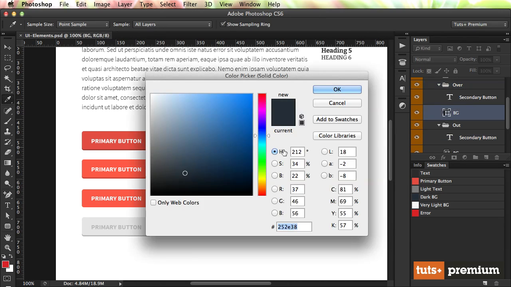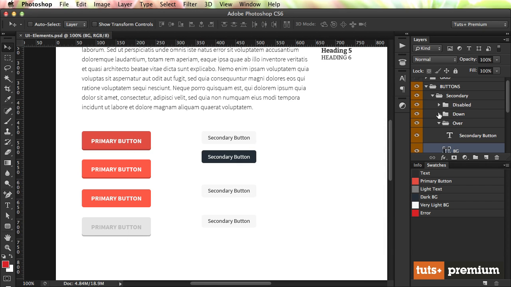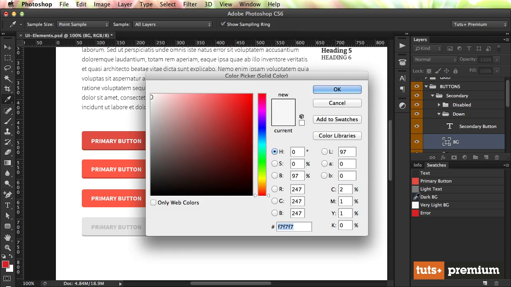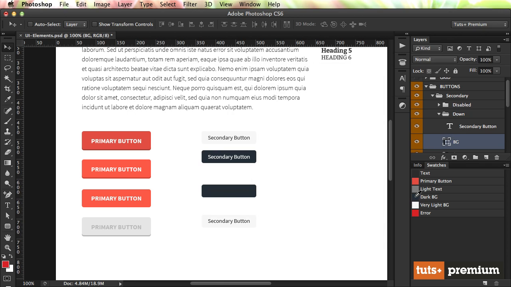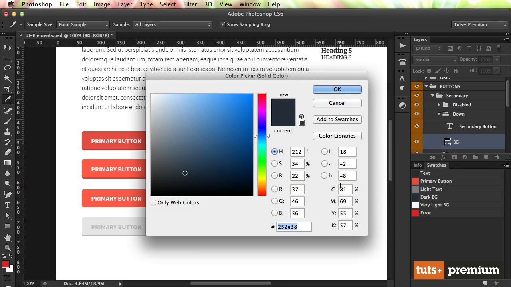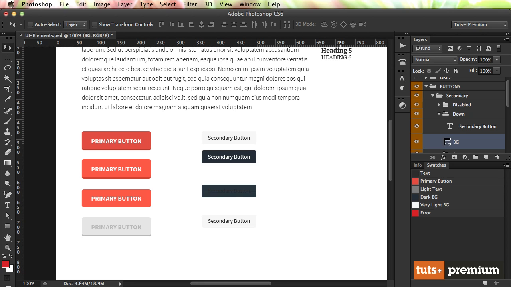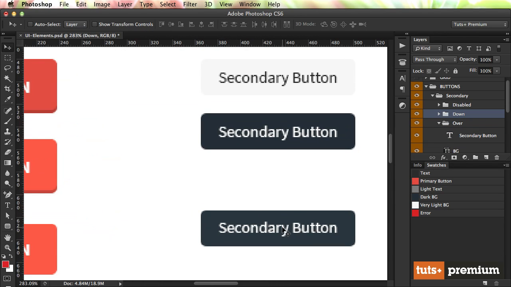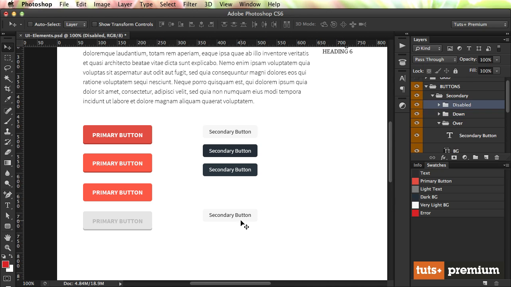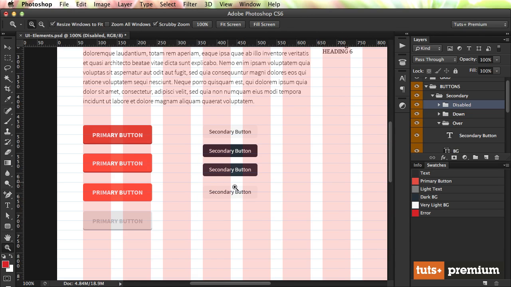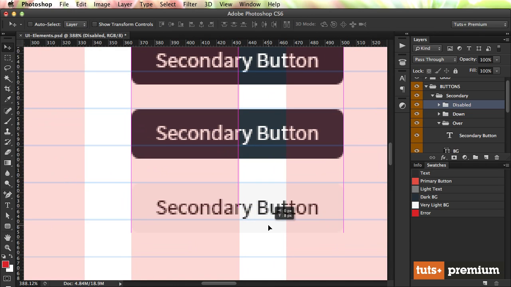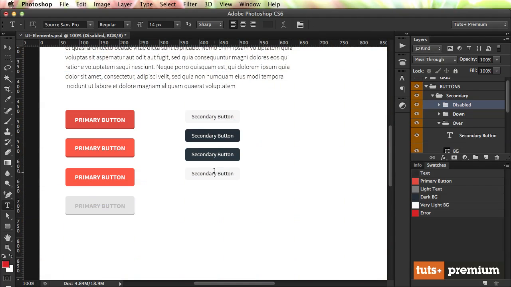The over state should have basically the same dark, the down state should have the same dark color, but a bit lighter. So we're going to use 2B3641. Okay, text should also be white. Let's bring it up. Finally, the disabled state will keep its default background color, but the text color will be